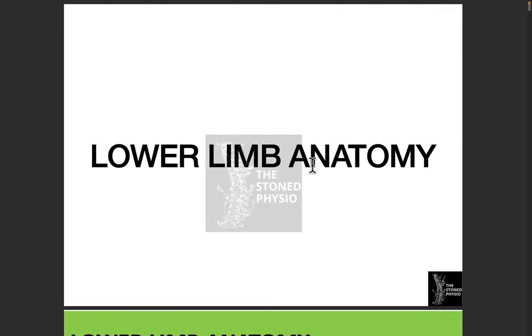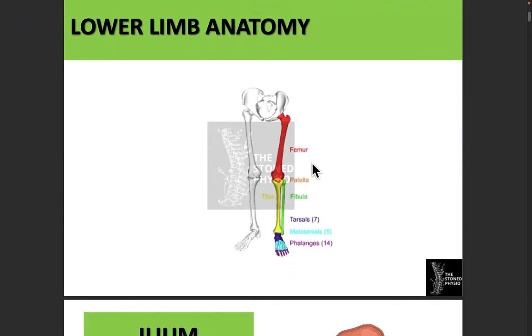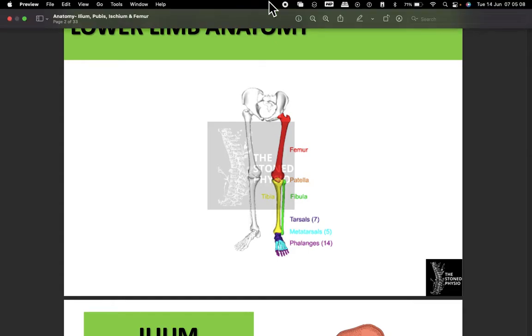चलो ठीक है. एक बार यहाँ पे हम देख लेते हैं सेम चीज़ को. तो यहाँ पे they have shown it from the femur, but of course when we are talking about the lower limb anatomy, we are supposed to start with the innominate bones. We will leave the sacrum. We won't talk about the sacrum because when we will be